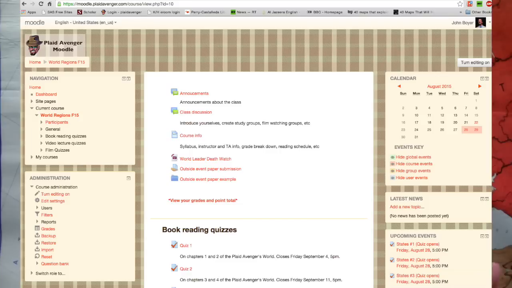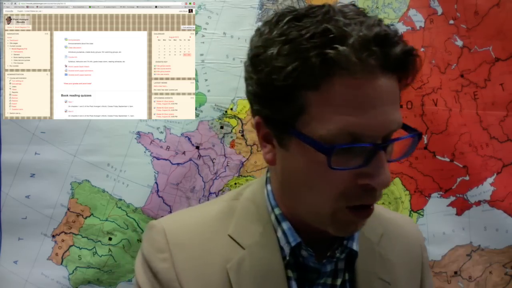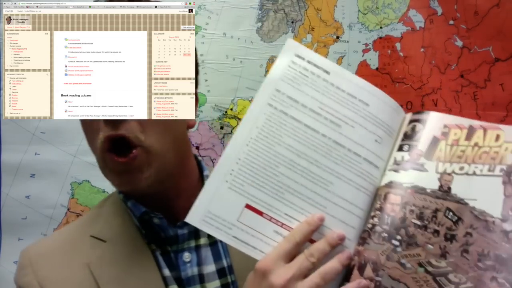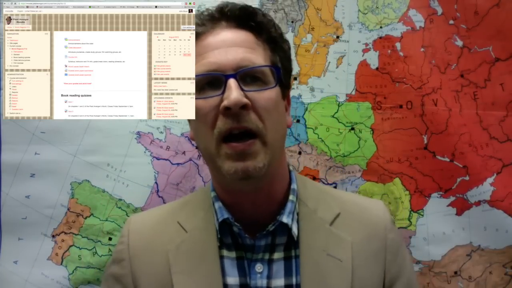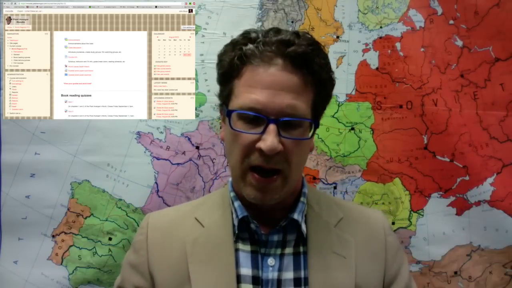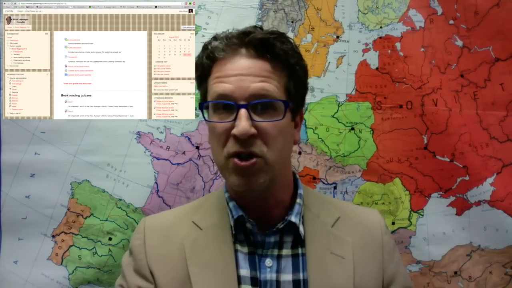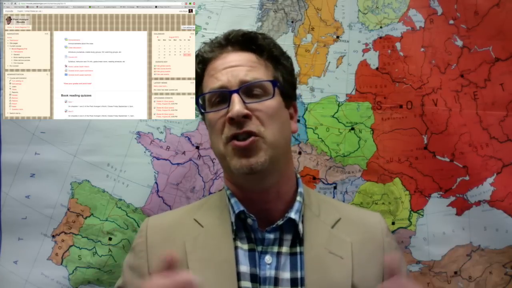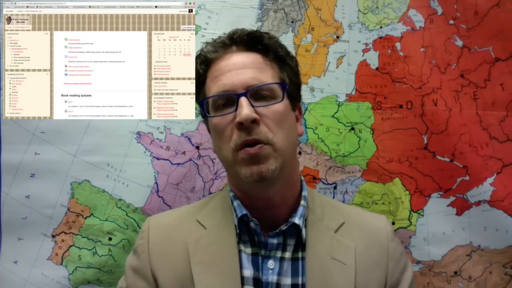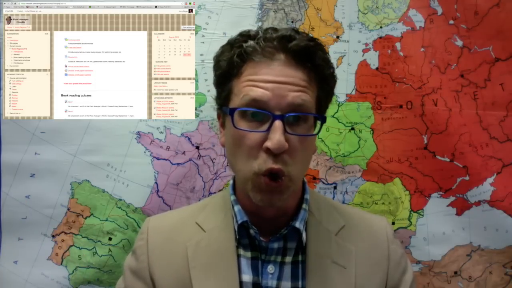And when you get the book, on the inside front cover, it'll give you instructions on how to get to that Moodle site. If you buy the ebook online, they will email you a document with those instructions and your access code to get online. And as I've now suggested, the entire course is really run through this Moodle site,